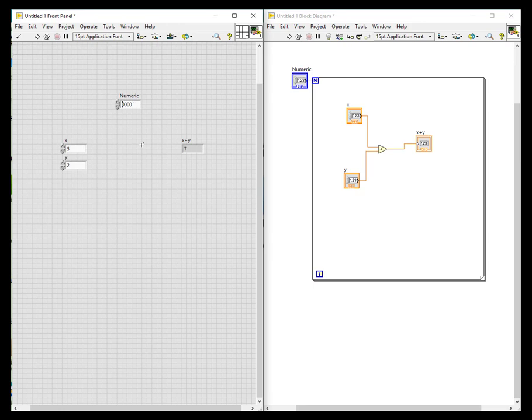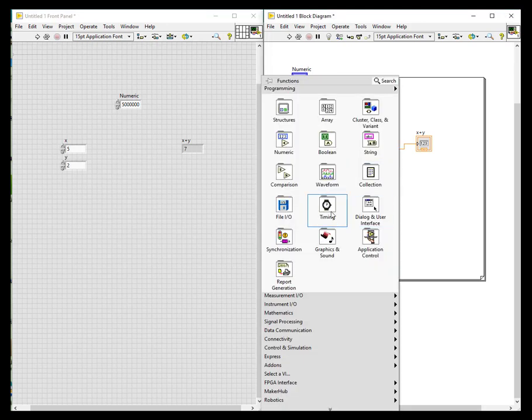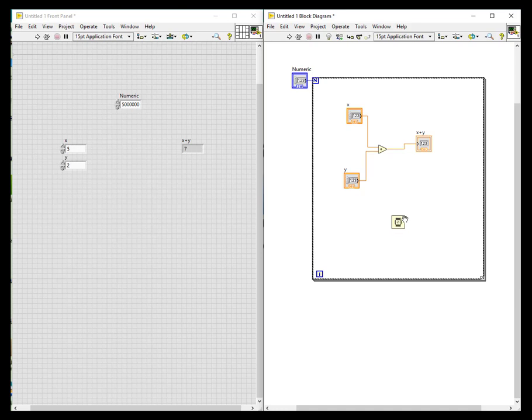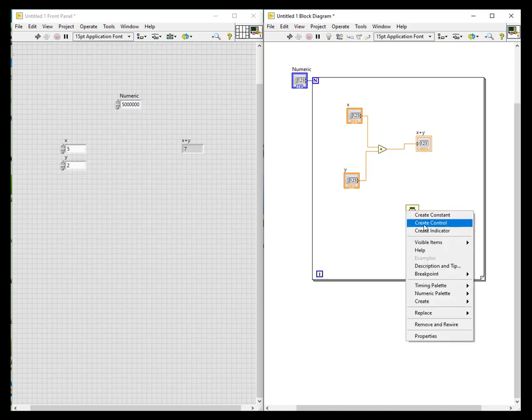What I do is I just increase this to 5 lakh times, and you can see some delay here. So what is happening actually? It's only waiting for that period of time and just getting out of it. That means it's just going into the loop and then coming out, going into the loop, coming out. I want to stop this for 500 milliseconds for every one iteration of the loop. Then what I do is go to timings and just wait. That means I just give a delay to it.